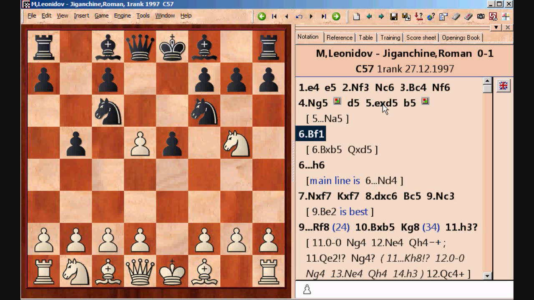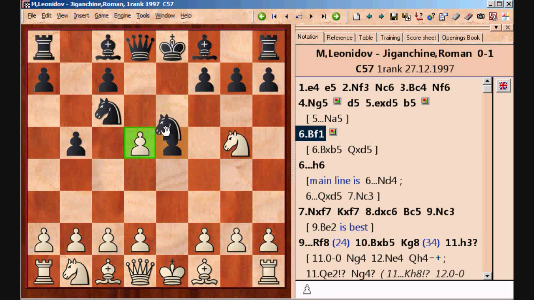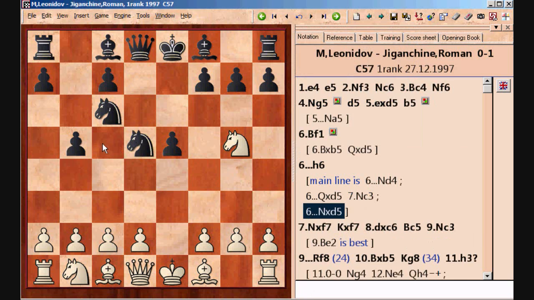This is a bit of an odd move, but it turns out that this is the best square for the bishop, and it basically leaves black to decide how to deal with that pawn. If he takes with the queen, well, the knight c3 is good here, and the g2 pawn is protected. If he takes with the knight, well, then he may have to worry about bishop b5, and now this is hanging with check, and black's pieces are a bit disorganized. So it's a good retreat, bishop to f1,